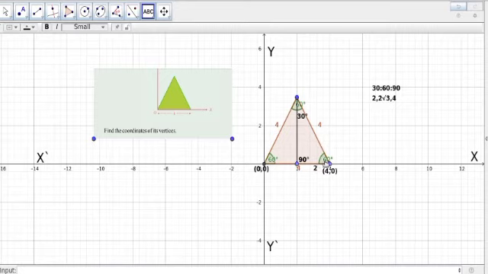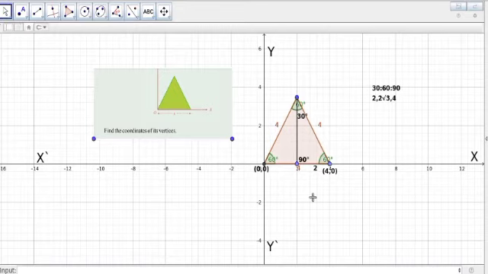Then what about the side opposite to 60 degrees? The side opposite to 60 degrees is root 3 times the side opposite to 30 degrees. Root 3 times 2 is 2 root 3. And the side opposite to 90 degrees is double the side opposite to 30 degrees, that is 4. Okay, so the sides of this 30, 60, 90 triangle are 2, 4 and 2 root 3, that is, the perpendicular distance is 2 root 3.